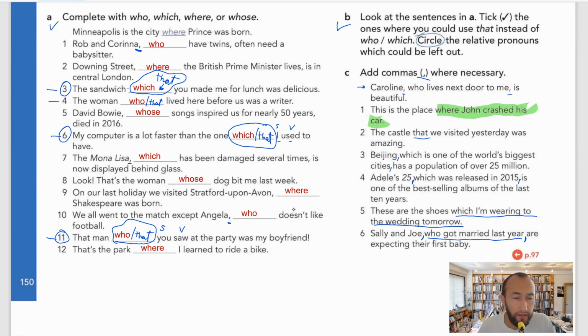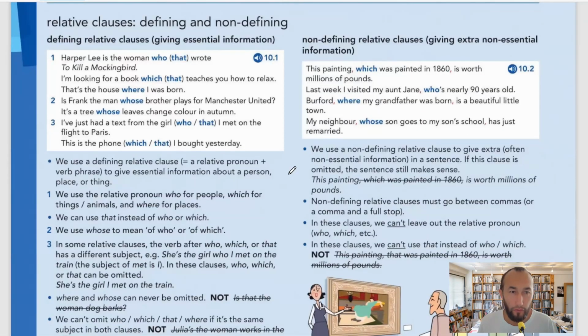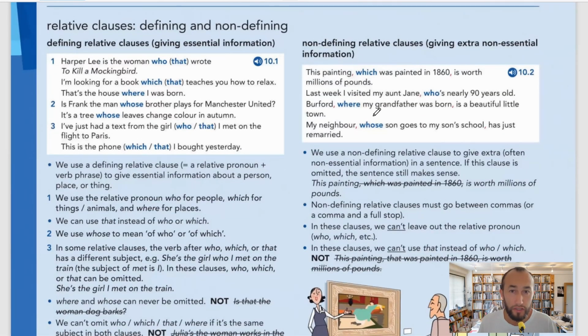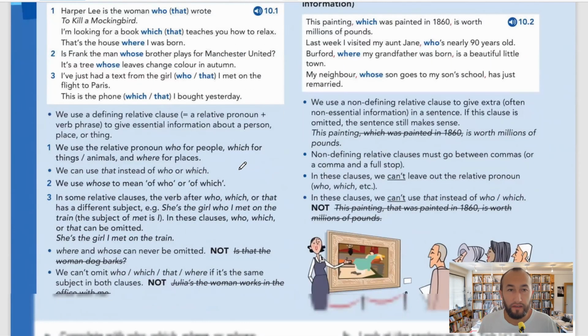And that's it. In this way, we have finished page 150. So we have finished the exercise for 10A. If you have any questions, please leave some comments in the comments section, and I'm going to try to answer them. Now, if you don't understand relative clauses, then I advise you to watch one of the videos where I've explained relative clauses. That's going to help you understand this exercise.